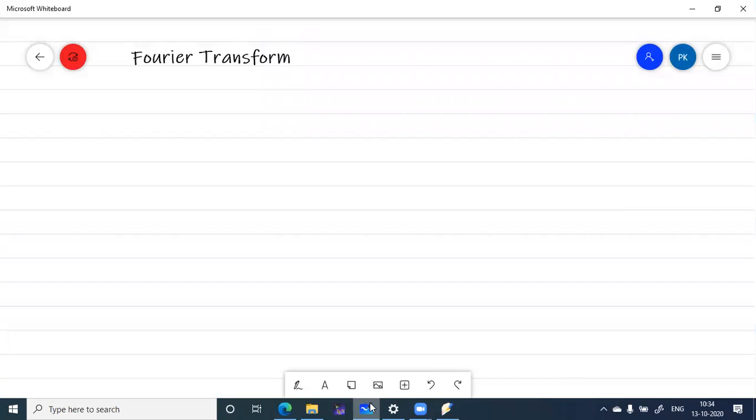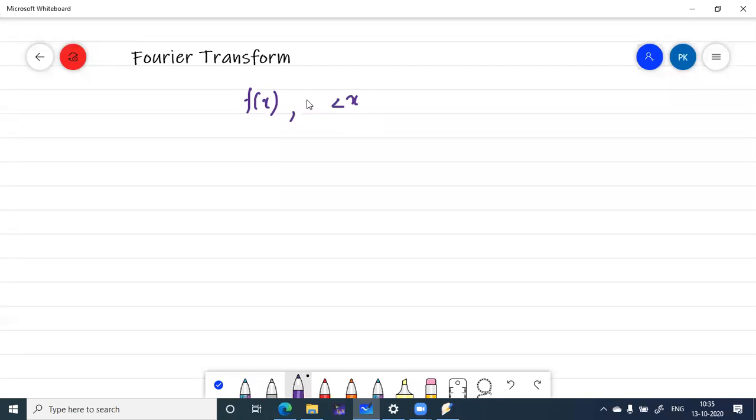So Fourier transform is basically an image processing tool which is used to decompose an image into sine and cosine components. Suppose we have a function f of x which is defined over the interval minus infinity to infinity. Then the Fourier transform